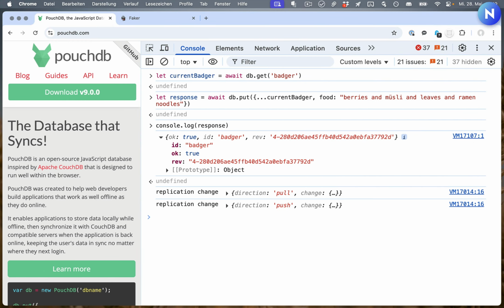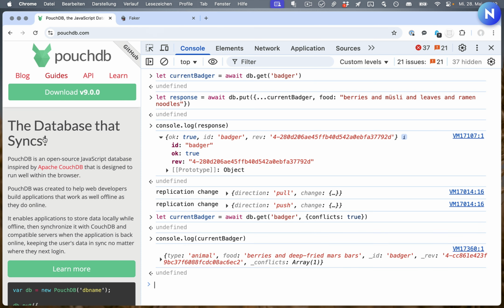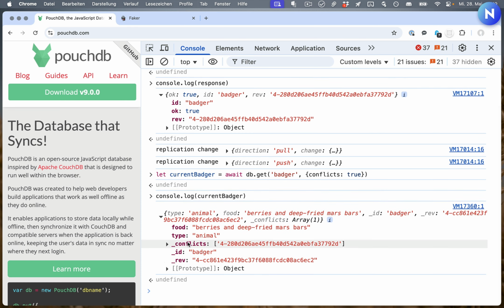Now, in PouchDB, when we're getting documents, we can specify the option conflicts true. And with that, we can see which documents have conflicts we might want to deal with. So let's fetch the current badger with conflicts on, and we will see that there's a new key here. There's an array, and it tells us there are conflicts.